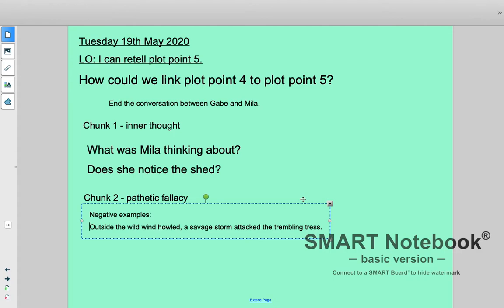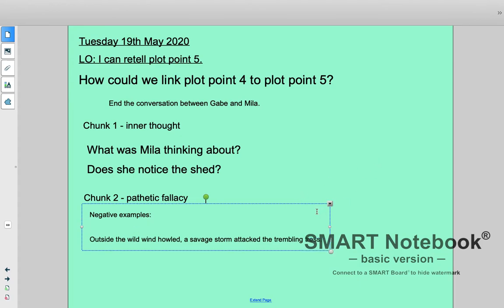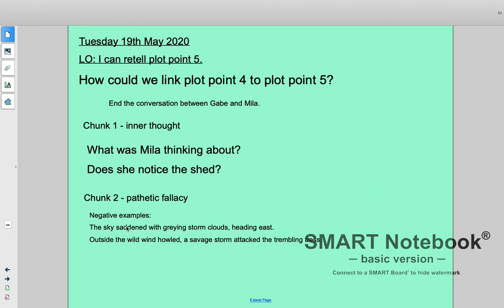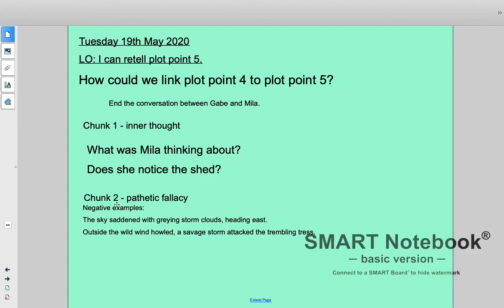And it's quite a negative sentence. I'll give you another one. The sky saddened with greying storm clouds heading east. So that's another negative example for you. It's saying that the sky is sad with grey storm clouds because we assume with storms they're quite a negative feeling. Now, if I give you a positive example, which is what we are going to look at today